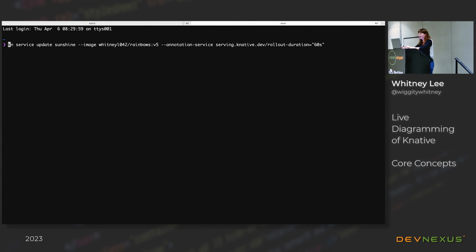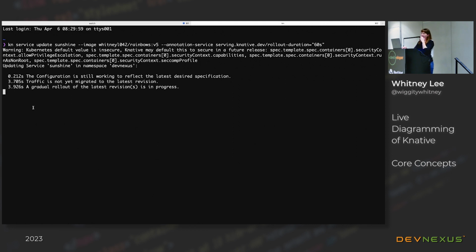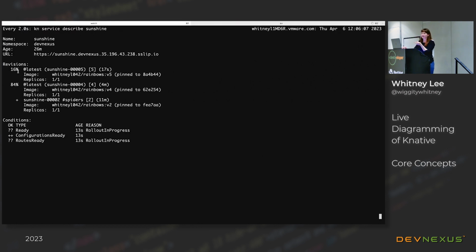Excellent. So we have Knative service update sunshine, our image. We're at version 5 of the image now. We're going to annotate. We trigger the duration-based rollout with annotations. And the rollout duration we're saying is 60 seconds. So here we go. This says the gradual rollout is in progress, and now it's just showing us time. I think this is the silliest output ever. Like, thank you, some time is passing. So we're gonna jump over to our watch command, and we can see, look, 16% of traffic is going to our latest